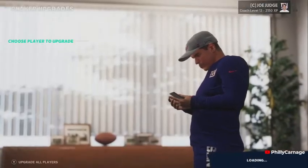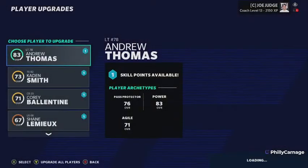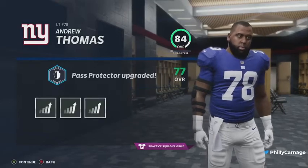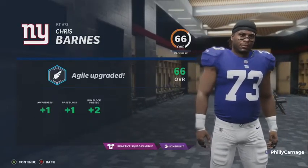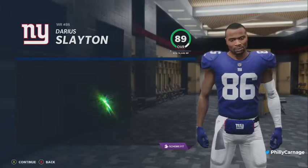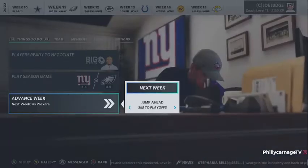We'll continue to hit these upgrades because that seems like that's all we do now. Upgrade our guys, keep them rocking in that scheme fit role. Barkley is now a 95. Andrew Thomas, he's progressed very nicely. He's now at 84, still kind of working on that scheme fit. Barnes has gone up 7, now 6. No. Sorry, I'm not a math magician here. But he's gone up 7 or 8 different points since we just drafted him. So bumping him up to that starting role has really paid its dividends